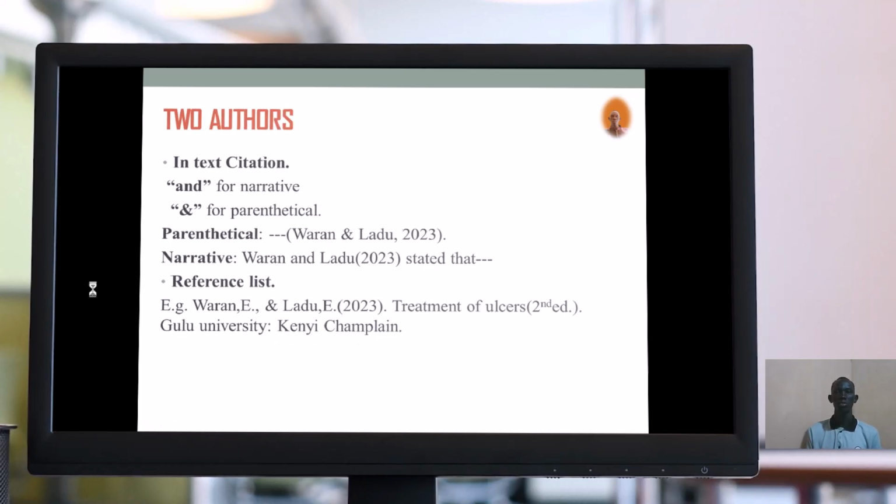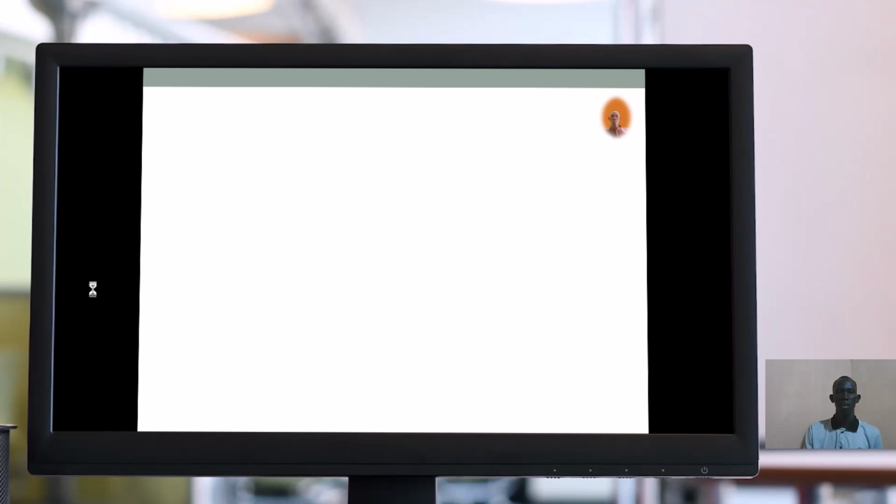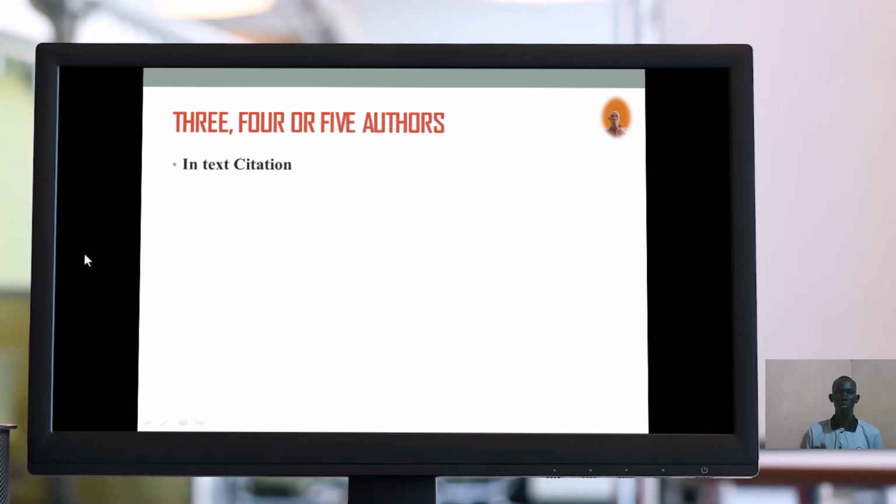Now this takes us to when there are, let's say, three, four, or five authors. Now when the authors are three, four, or five in in-text citation, what you need to know is that when you are writing your in-text citation, number one,